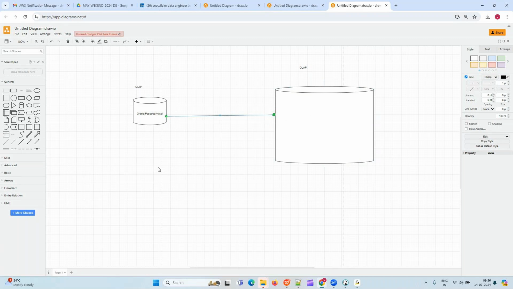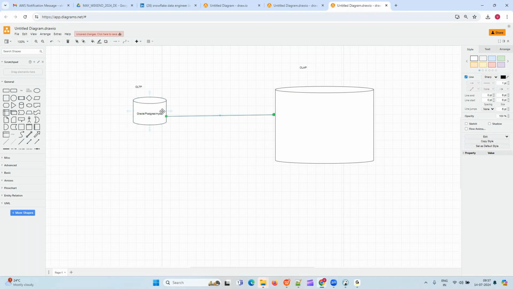So what is the reason? Why can't we hold it here only? Why are we moving the data from here to here? The point to remember is that these OLTP systems are designed for holding small volumes of data first, and the transactions happen really fast. When you're ordering some product, you need to get the response really quickly, right? The order should be updated. You are dealing with the current data for the transaction, and that is why they are called online transaction processing systems. Here you'll only do row level operations, like one row is updated, one row is inserted, or a few rows. You'll deal with only a few rows here.